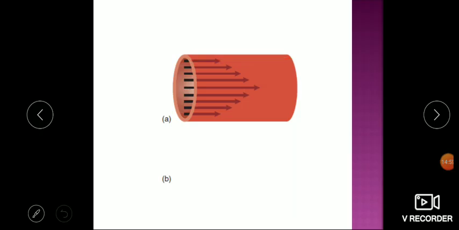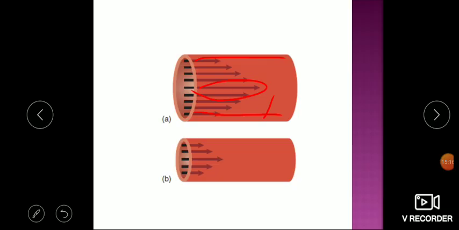In the blood vessel, the blood which is near the wall will have a low velocity. It will almost stick to the blood vessel. And as you move from there towards the center, velocity goes on increasing, and at the center there is maximum velocity. That's why if the vessel diameter reduces, flow will be less as compared to the big vessel. This is called laminar flow. So flow is highest in the center, lowest at the sides.